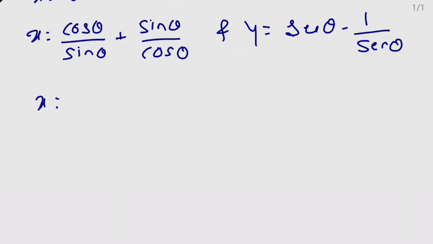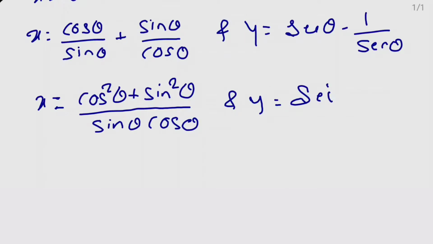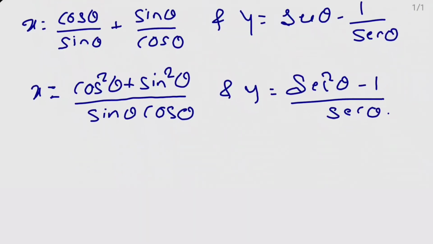x equal to make cross multiplication. So here we got cos square theta plus sin square theta divided by sin theta into cos theta, and y equal to, so here take sec as a LCM. So here we got sec square theta minus 1 divided by sec theta, and now here